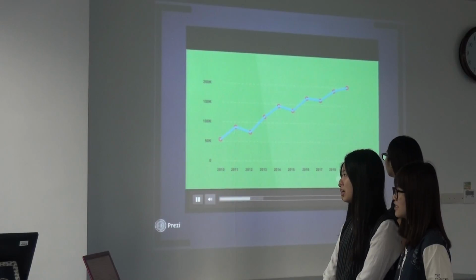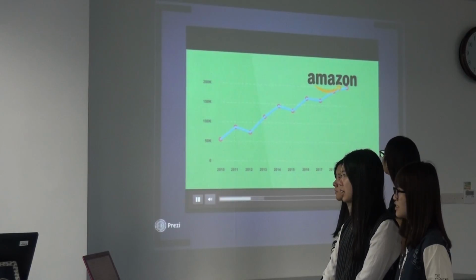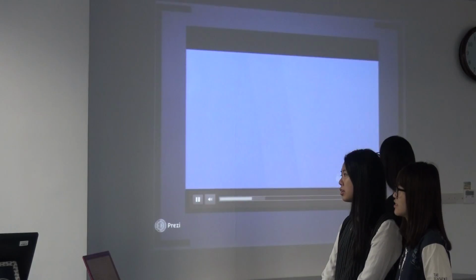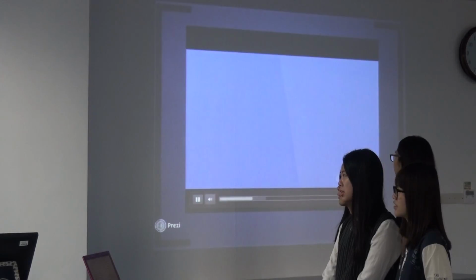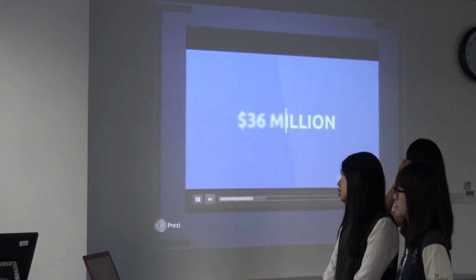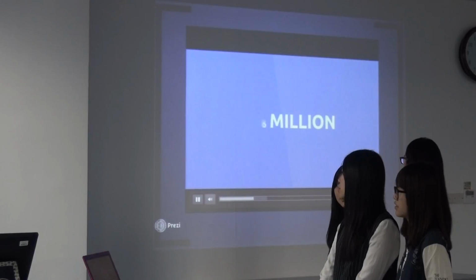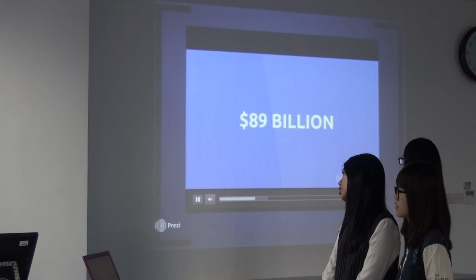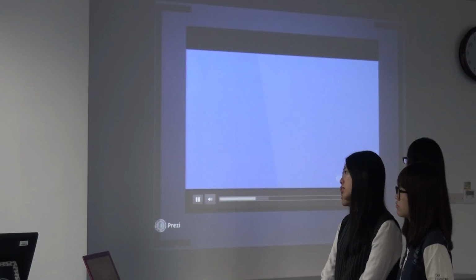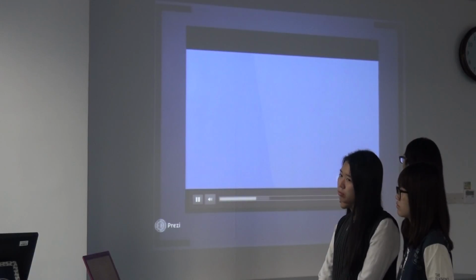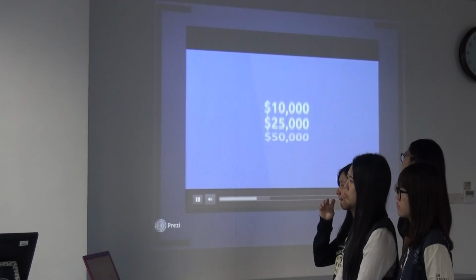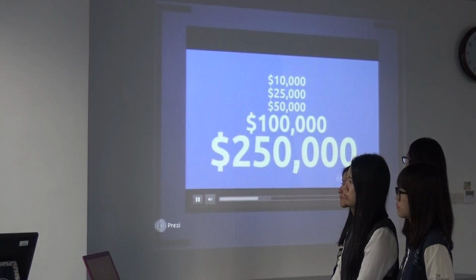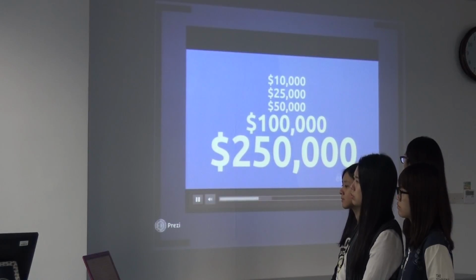We'll show you how to leverage the power of Amazon to be able to sell real physical products that people are actively looking for right now. The students who have followed these methods are currently generating over $36 million per month. Now that might seem crazy, but last year Amazon sales were $89 billion, so we're not even scratching the surface yet. There are thousands of students who are generating $10,000, $25,000, $50,000, $100,000, even $250,000 and more per month with this business model that we're going to show you.